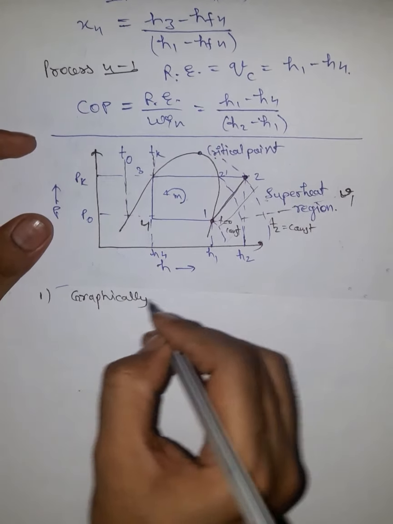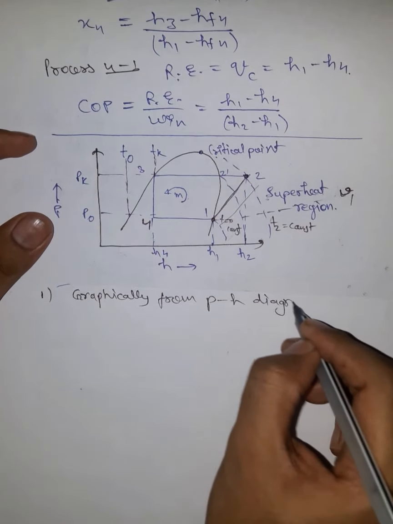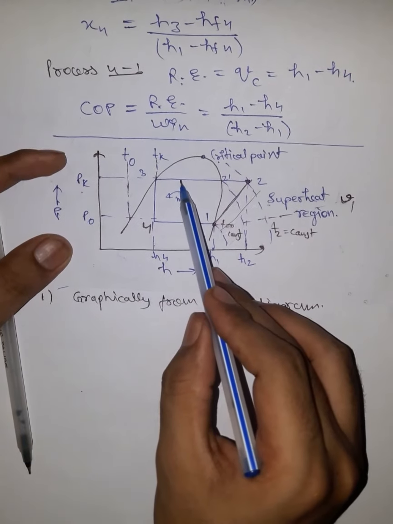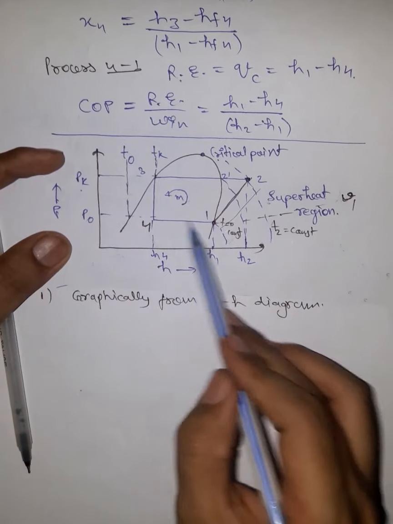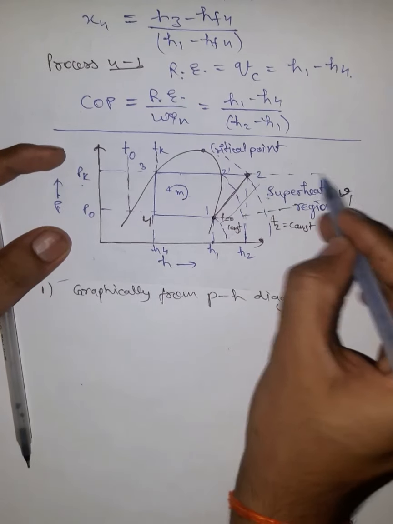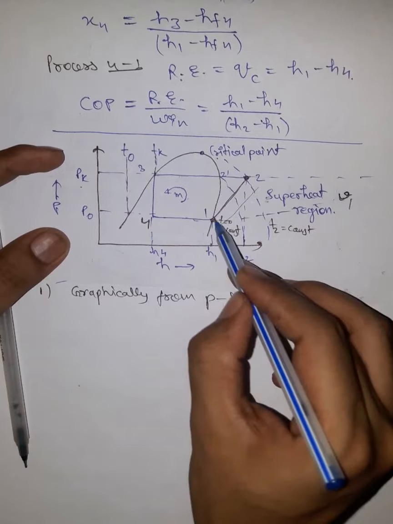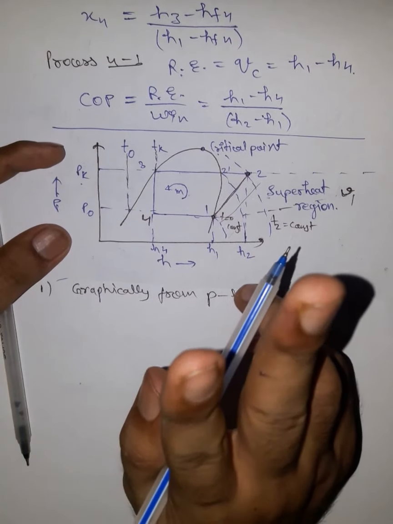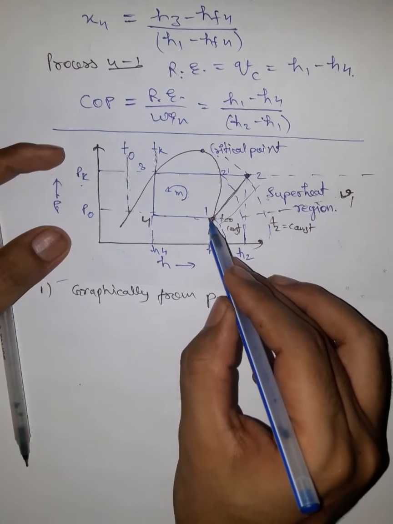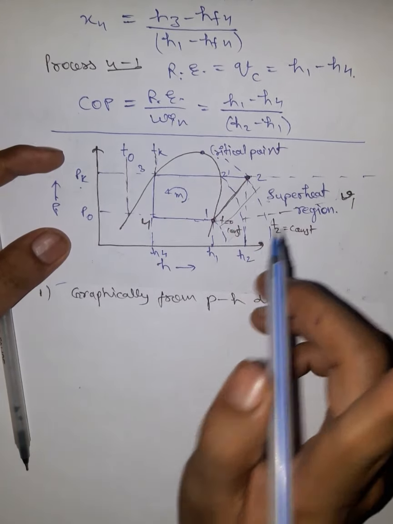Graphically, from the ph diagram. So how can we determine this T2 point? We know the condenser pressure, which would be given in the question, and we would be knowing the evaporator pressure. So we will extrapolate this ph line somewhat like this, and at this point we would be knowing the pressure and the corresponding temperature. Only two state properties are needed to know all the other properties of a point. So if we know pressure and temperature at this point, we can get entropy from the tables.